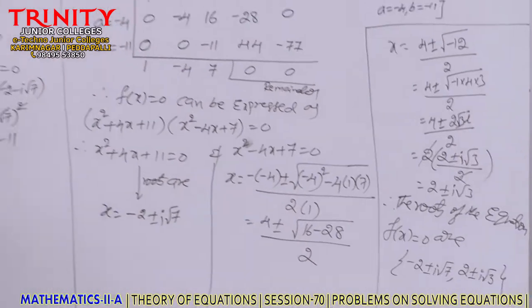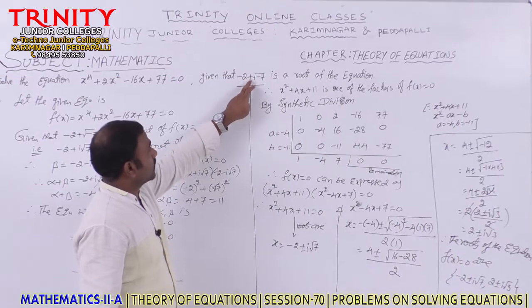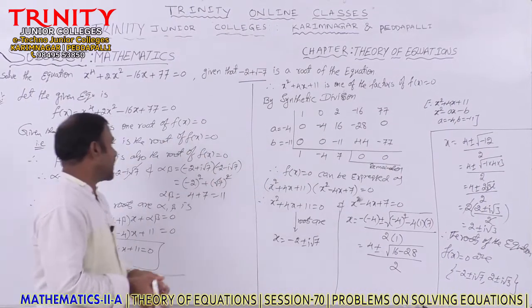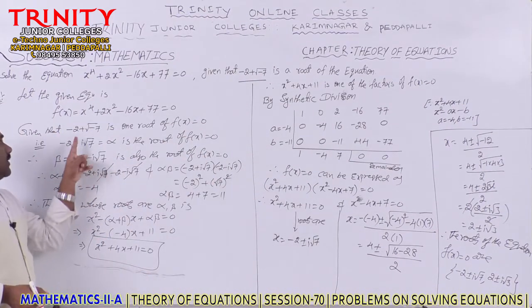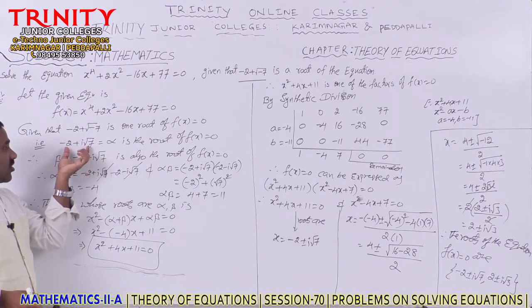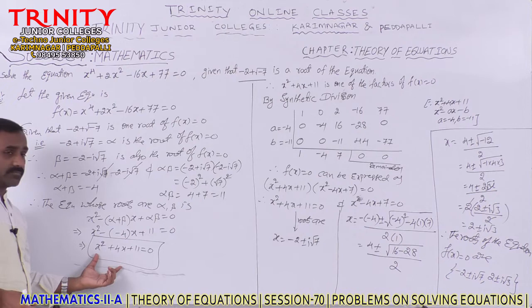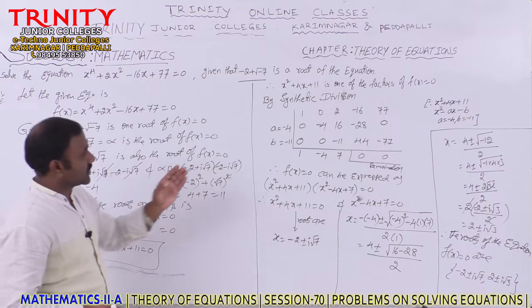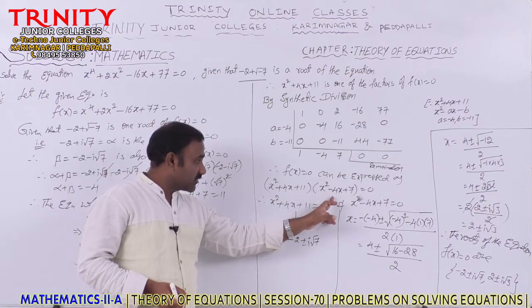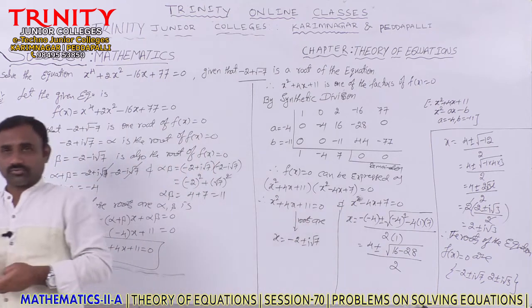The main thing in this problem is minus 2 plus root minus 7, which is the root of a negative value, is nothing but an imaginary number. We have to write it as i root 7, therefore a plus ib form. Always its conjugate is also another root, that is a minus ib. Then we will get the factor with these roots, and by using synthetic division by a quadratic expression, we'll get the other factor. By solving that, we'll get the remaining 2 more roots. So the equation contains totally 4 roots.